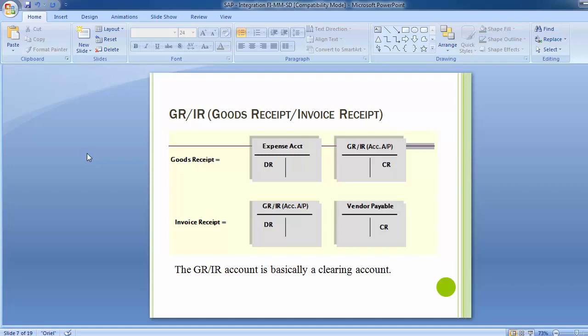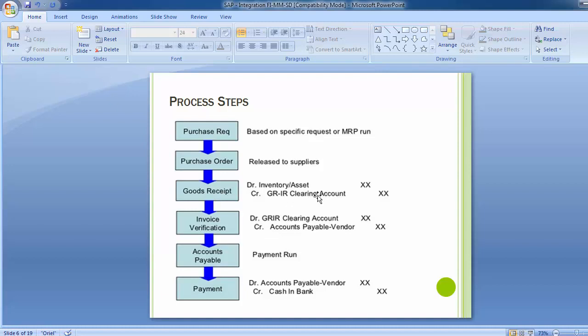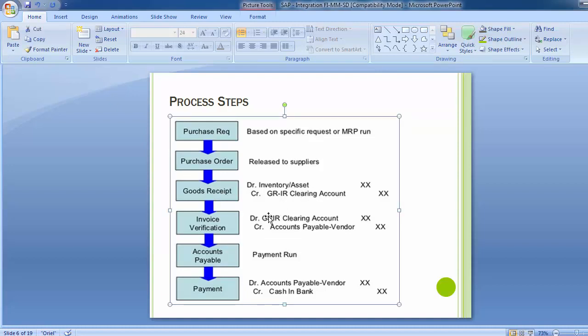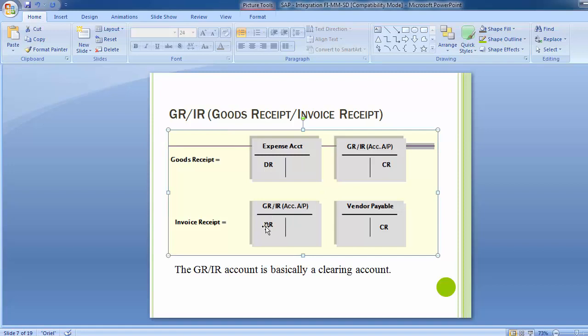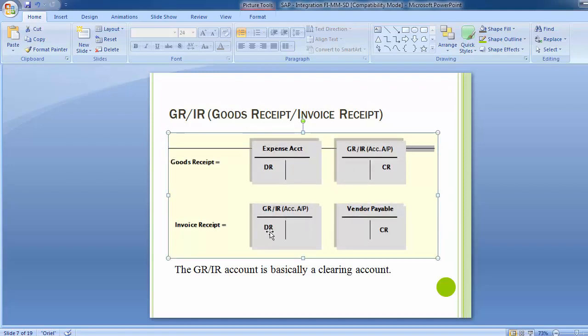When we go for a goods receipt, the GRIR gets credited, and when we go for the invoice receipt, the same GRIR gets debited, as we have seen in the last entry over here. In the goods receipt part, the GRIR is credited, and in the invoice receipt part, the GRIR is debited. So this is the impact in the ledger account: here it is on the credit side and here it is on the debit side.